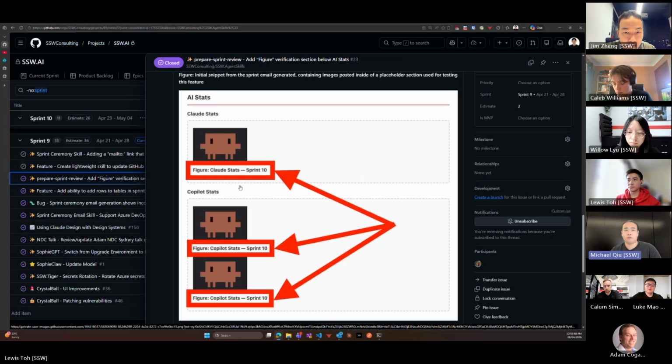They will try to pull from existing emails if those exist. If they don't, the AI will try its best to make a guess as to what the figure text should say based off the location of the image. Obviously, this field is editable because AI is prone to making mistakes with images.